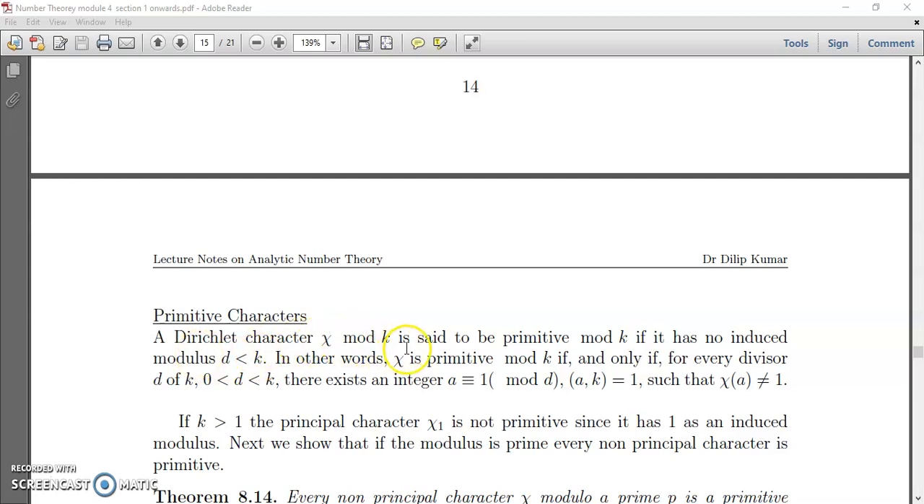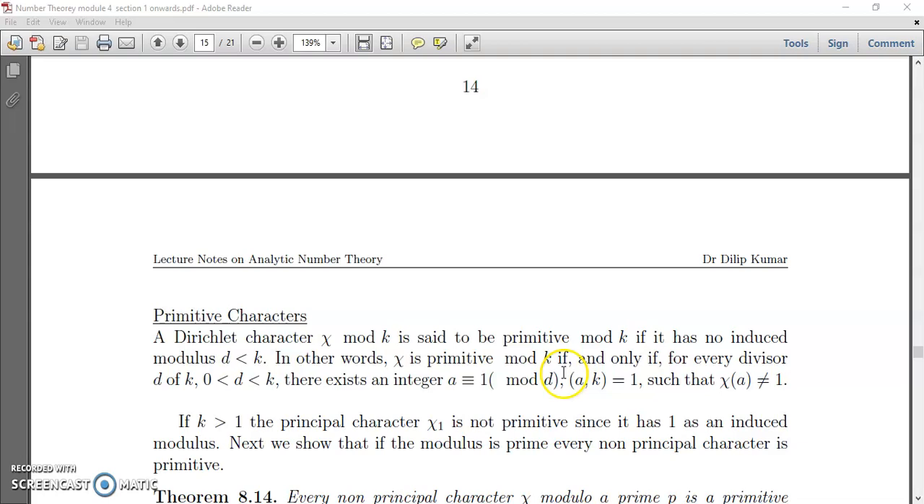The Dirichlet character chi mod k is said to be primitive mod k if it has no induced moduli d less than k. That is, chi is primitive mod k if and only if for every divisor d of k, with 0 less than d less than k, there exists an integer a congruent to 1 mod d and GCD of a and k is 1 such that chi of a is not equal to 1. If chi of a is equal to 1, then d is an induced modulus, and thus it is not primitive. If there is no induced modulus, then we say that